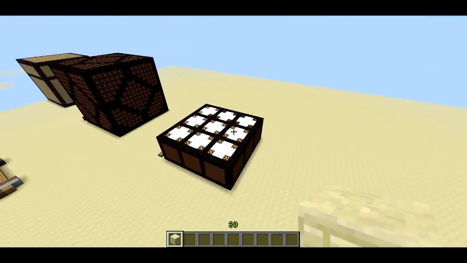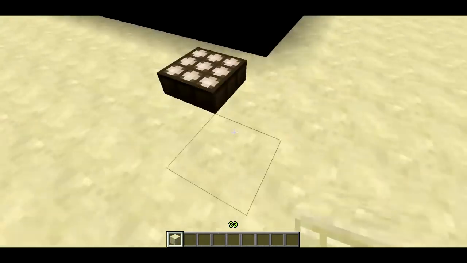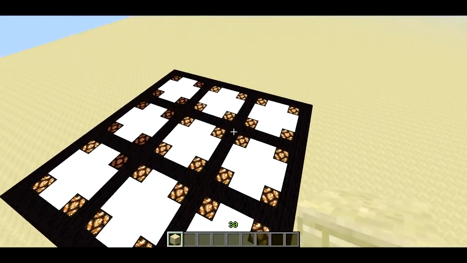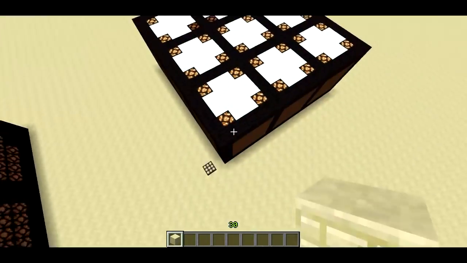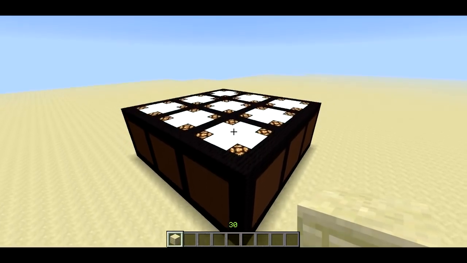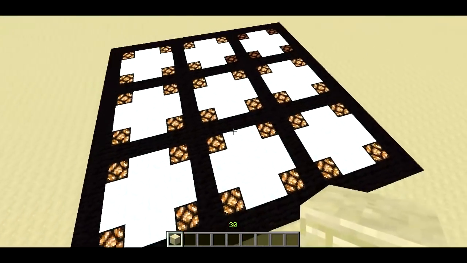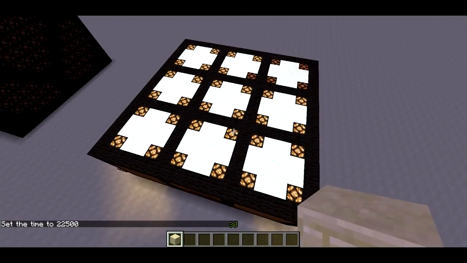Alright, so next I'm going to show you the daylight detector. We've got a little model over here, the actual daylight detector. You have all the solar cells on top. And now this one has lamps, and lamps basically indicate the strength of the sunlight. You know, much like the daylight detector outputs the strength of the sunlight, well, this does too, and it displays it on the lamps. So if I go ahead and set the time to 22,500, that's like really early morning,